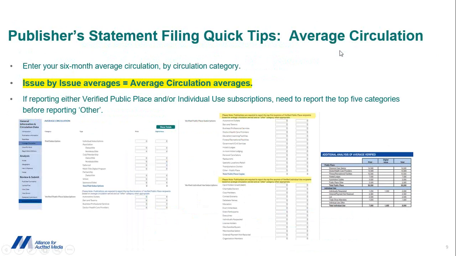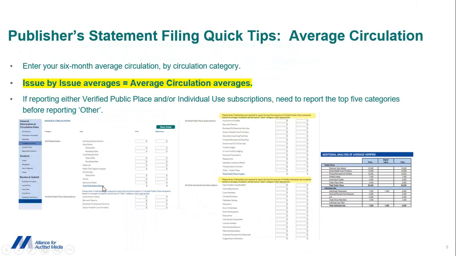The next screen here is about average circulation. In this section, you're going to put in your average for the 6-month time period for the publisher statement by category. What's your 6-month average for your individual subscriptions? What type of subscriptions did you have for paid circulation? Were they association? Were they club? Did you have any partnership,